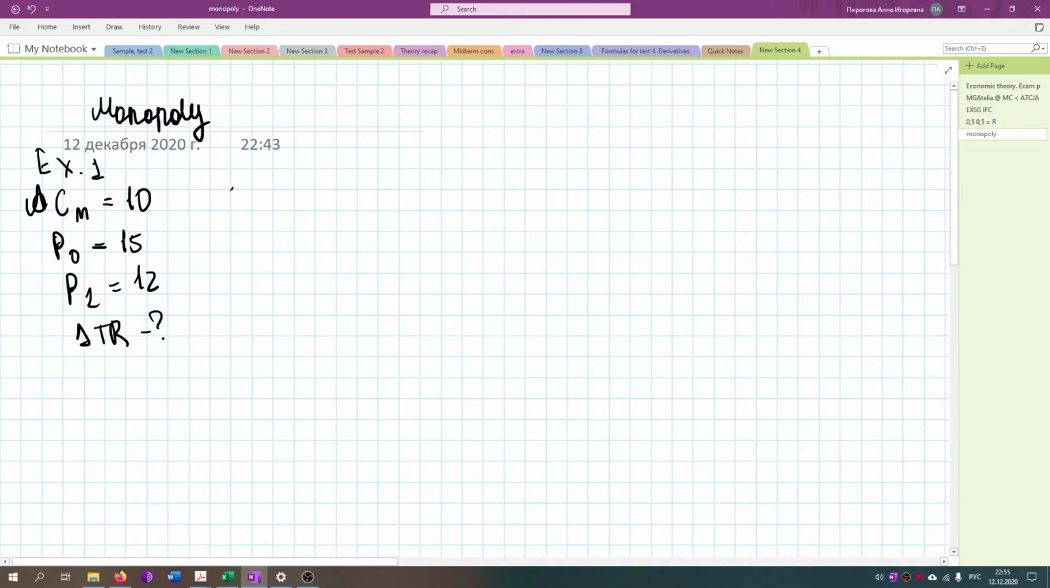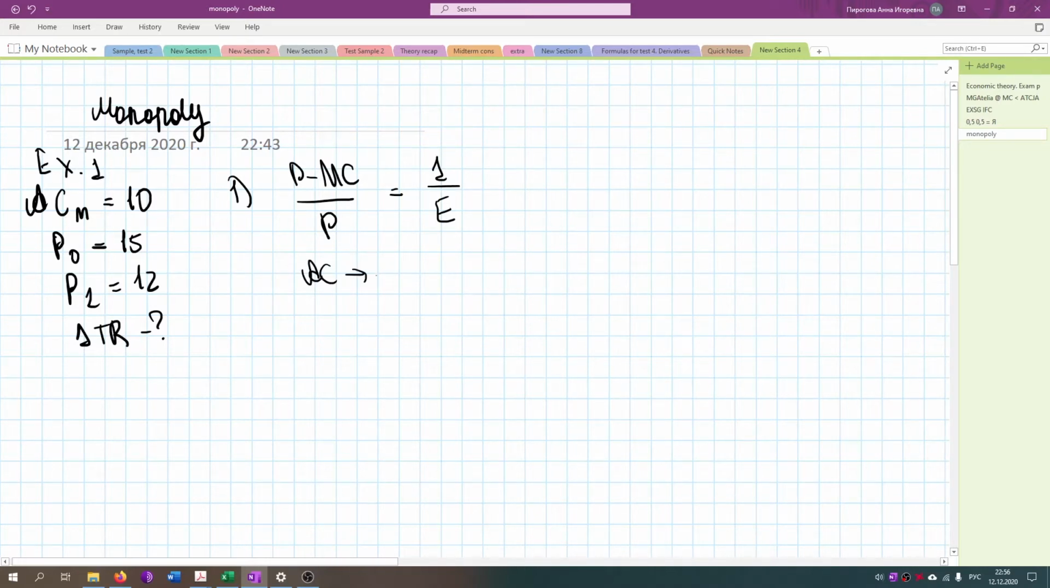So because this is a monopoly, there is a rule that price minus marginal cost divided by price is equal to 1 divided by E, where E is a coefficient which shows how much power the firm has in the market. And in this exercise, firstly,